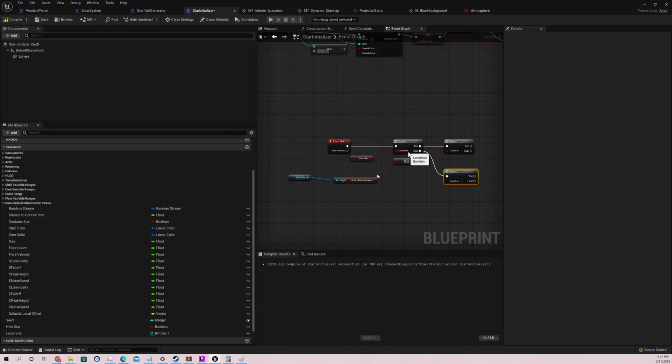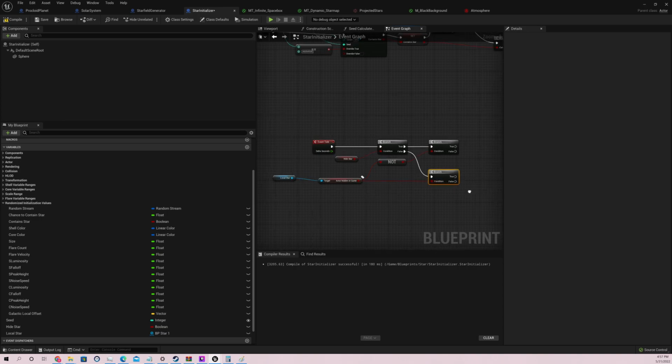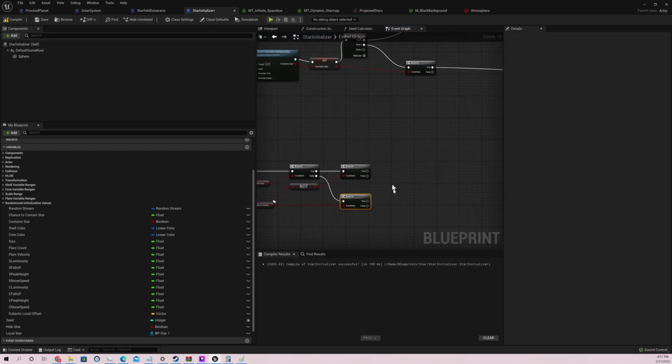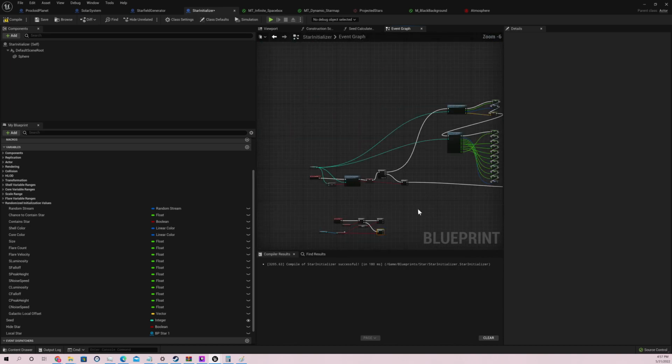If hide star is false and it is hidden in game, or hide star is true and is not hidden in game, then